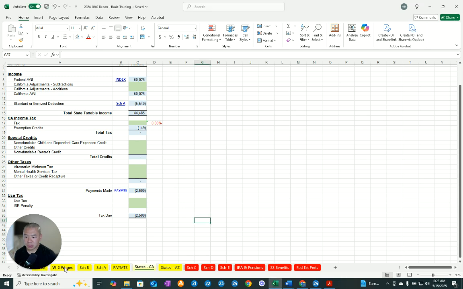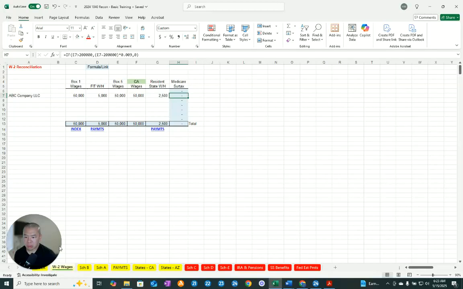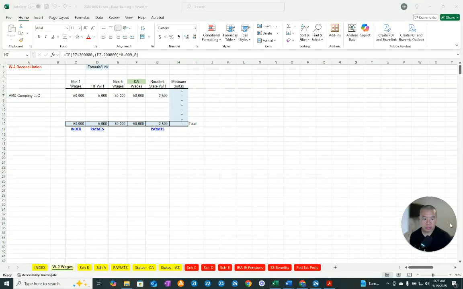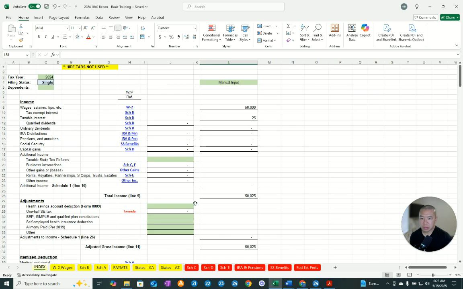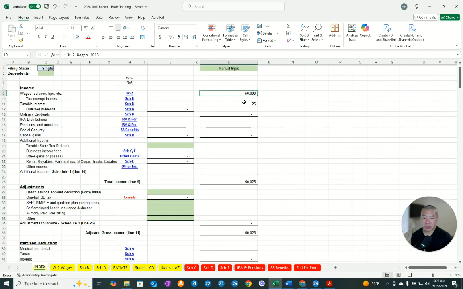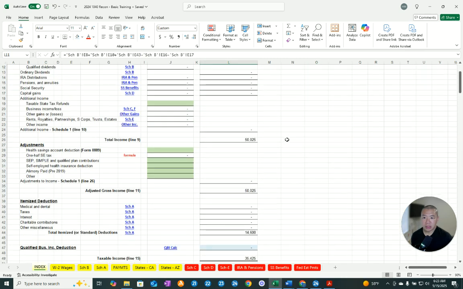So let me move this over here. So this is what I have so far in my 1040 reconciliation. You see, and this should match the first page of the 1040. So you have $50,000, $25 interest income,